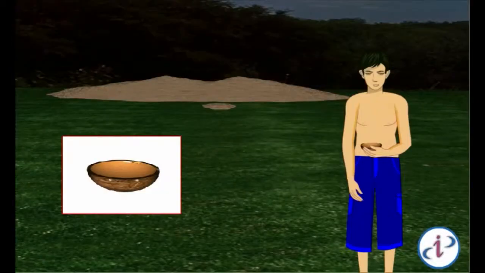Here is one more example. You can see a boy playing with a coconut shell. He fills the coconut shell with sand. Can you measure the amount of sand? Yes, we can measure. In this lesson, we are going to learn how to find volume and surface area of